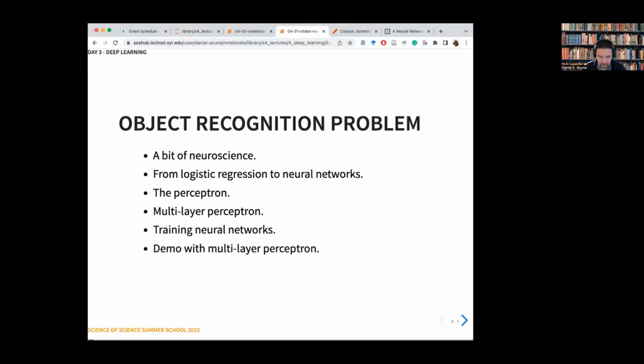Okay, so the way that we will do this, I will first motivate where neural networks come from. They were actually based at the beginning on trying to replicate how actual neurons work in our brain. Then I will go through one of the models called a perceptron, and then introduce the concept of layers and training of those neural networks, the multi-layer perceptron, which generalizes to other kinds of neural networks as well. And then we'll do a little activity so that you can see why these objects, neural networks, are so powerful.